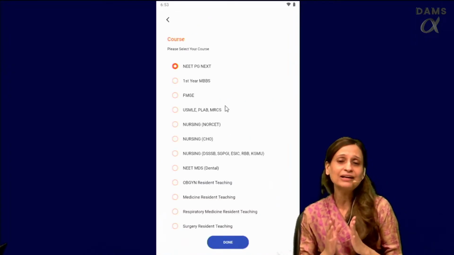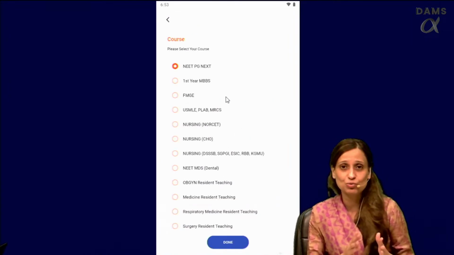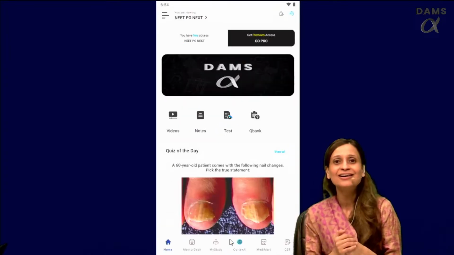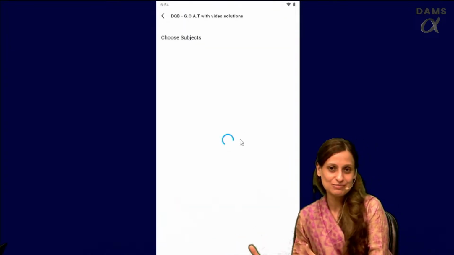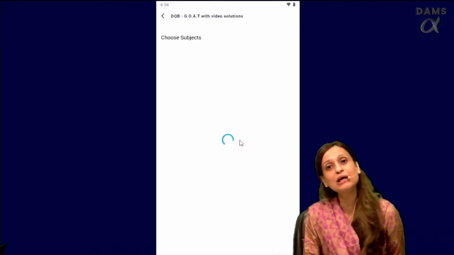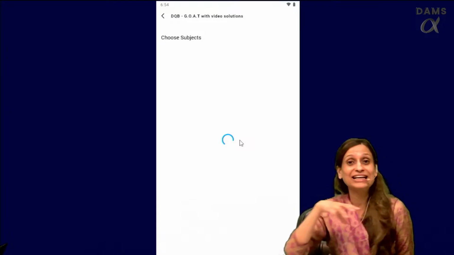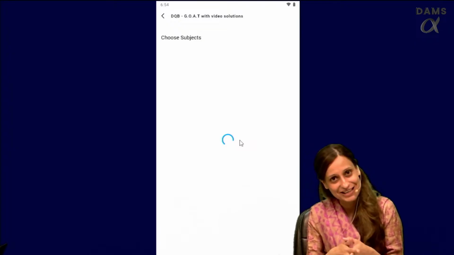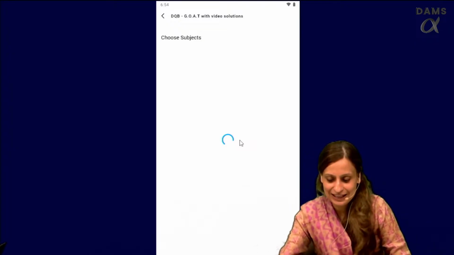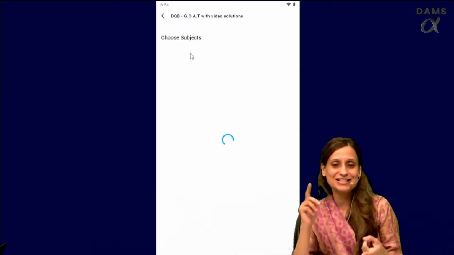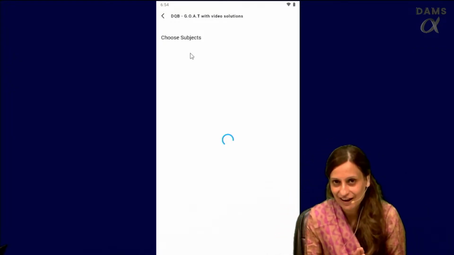And then we even have the older AIIMS PYQs, which were before 2018. From 2014 to 2018, there was a different board in AIIMS that was making the papers. So those are also available in the PYQ sections. So nearly, I would say, we have PYQs from 2014 till date within the DQB itself. So once we land up in the DQB, let's click on DQB now. You would see, as I said, at the top the PYQ section, and at the bottom the subject-wise questions, right?